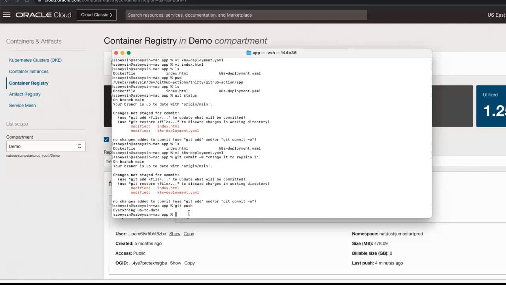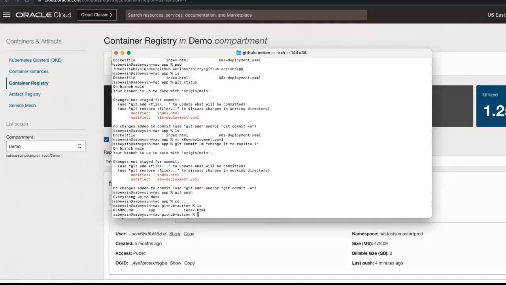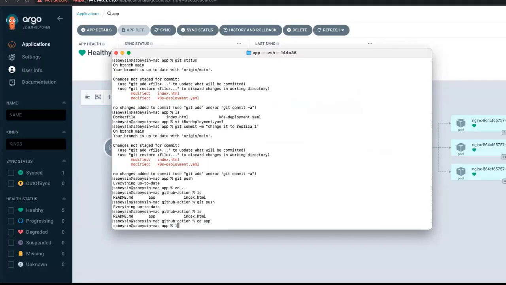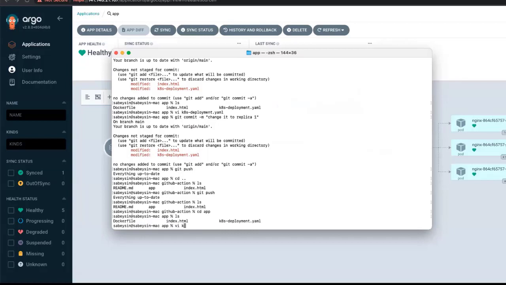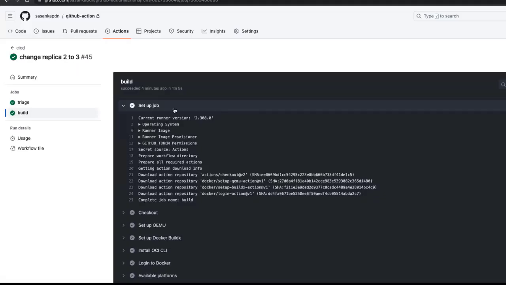So I need to go back again and git push. So I'm going to change here, which I change here to the number 2.